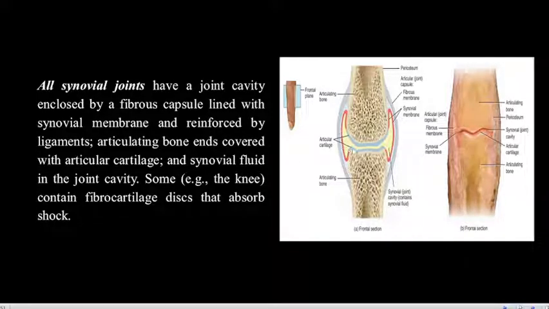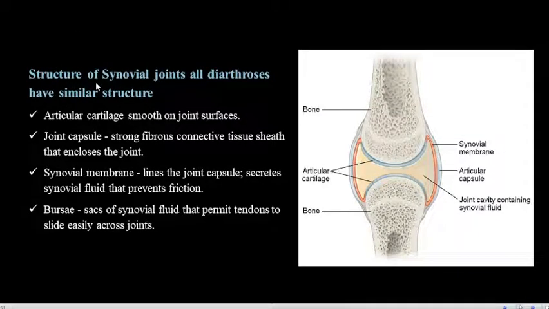So, example natin this one. Okay, so 'di ba meron siyang hollow portion or cavity. So, that is your synovial joints. Okay, structure of the synovial joints. All diarthroses have similar structure. For example, structures daw ng ating synovial joints,